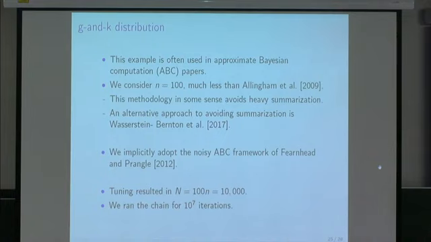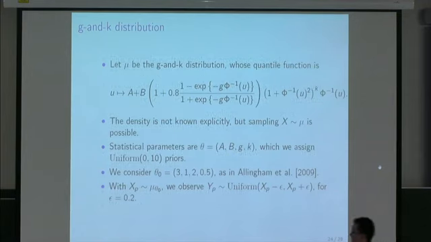There are not very strong connections, but I thought I would mention that some other people have been looking at ways to avoid explicit summarization in the ABC setting, using different types of distances to measure the discrepancy between simulated and observed data. And again, we've implicitly adopted the noisy ABC framework of Fearnhead and Prangle in this setting, which is to say that when we simulated the data, we simulated a bunch of data from this G and K distribution, and then we perturbed it with uniform noise before running the inference. This way you know that you're calibrated, right? At least if you had a well-specified model, you would be calibrated.